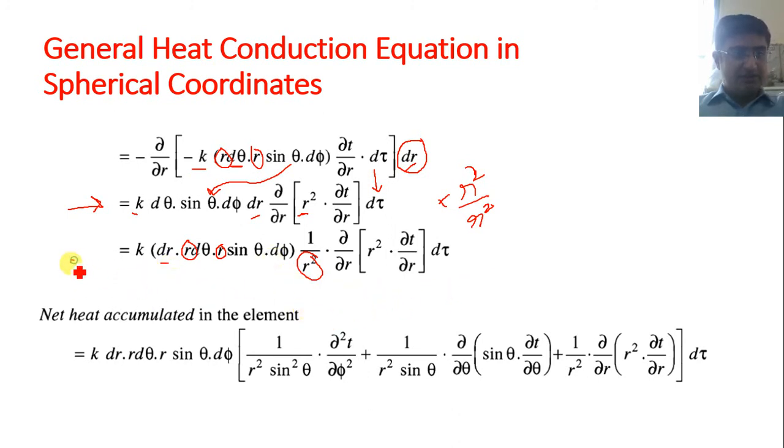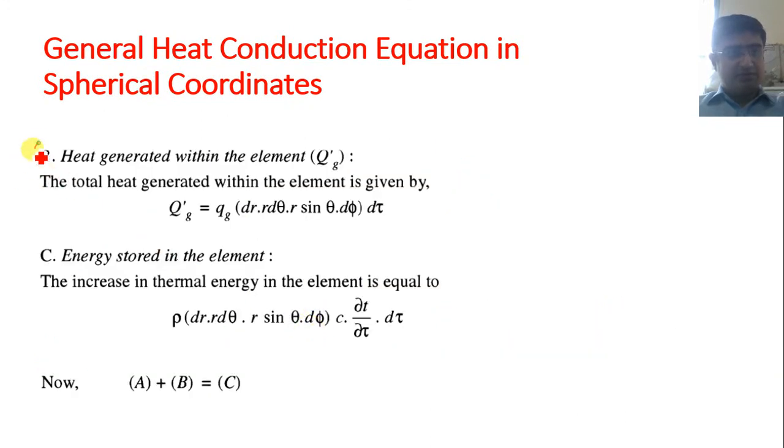So here is the value of dqr. If you want to find out the value of A, it is equal to dqr plus dqφ plus dqθ. In all the terms, these are the volume terms. All the volume terms remain constant, k is also taken as constant, and the time interval is also taken as constant. So here is the term for the φ direction, here is the term for the θ direction, and here is the term for the r direction.